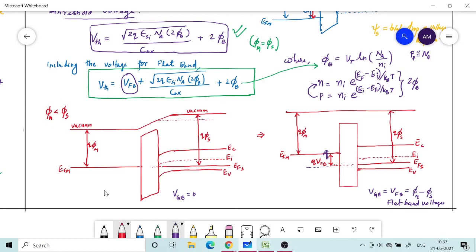The threshold voltage is one most important parameter which determines how the MOSFET is going to work as a switch. If the applied voltage at the gate is greater than the threshold voltage, it will act as a closed switch. We will see that in the next class. If it is lesser than the threshold voltage, it will act as an open switch. Therefore you need to know the threshold voltage very well, and I have given you the complete derivation using the support of the energy band diagram. So learn that very well.